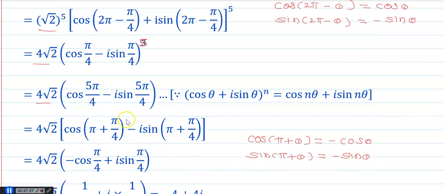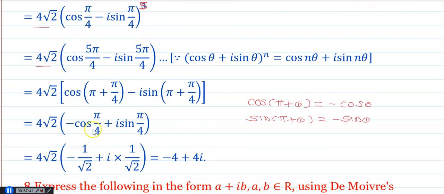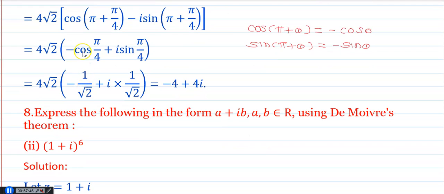Okay. Now here cos of pi plus pi by 4 is minus cos of pi by 4, and sine of pi plus pi by 4 is minus sine of pi by 4, but here a minus sign is already there, therefore that minus and minus will become plus, and hence 4 root 2 cos of pi by 4